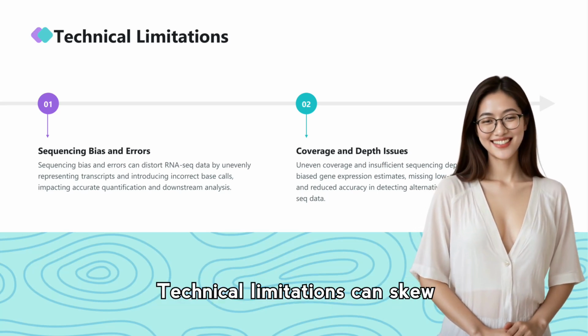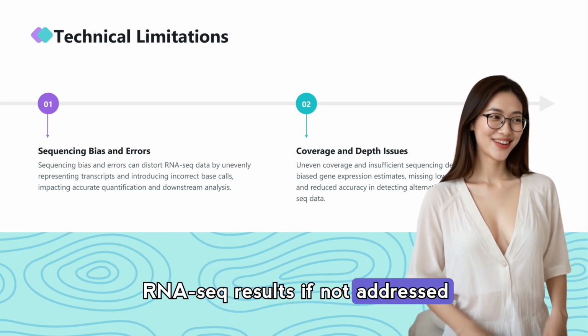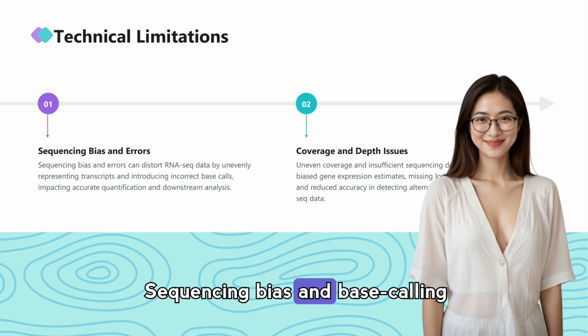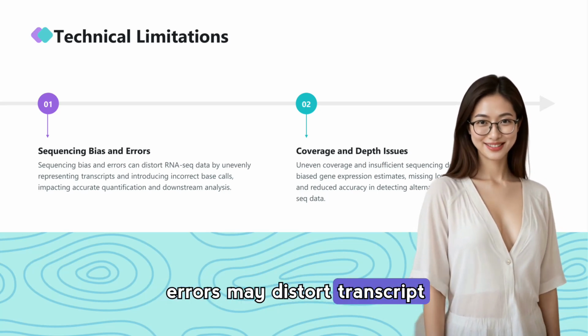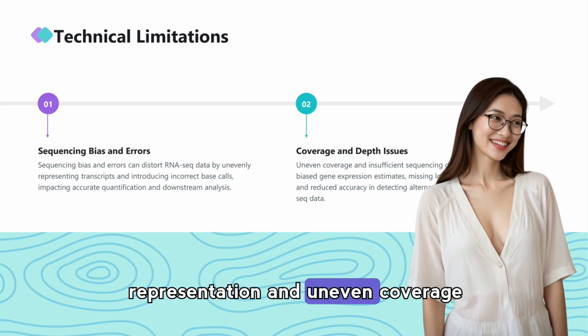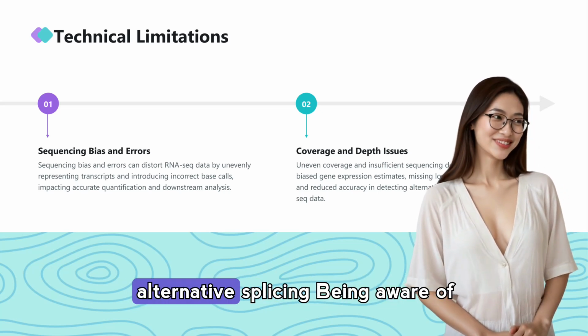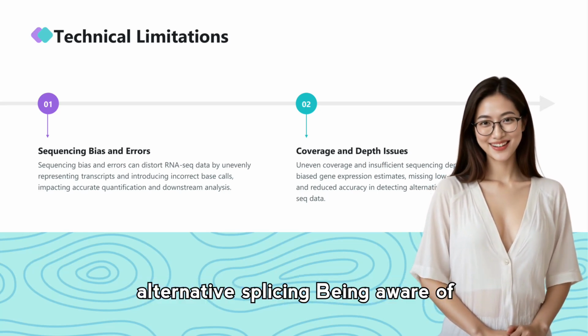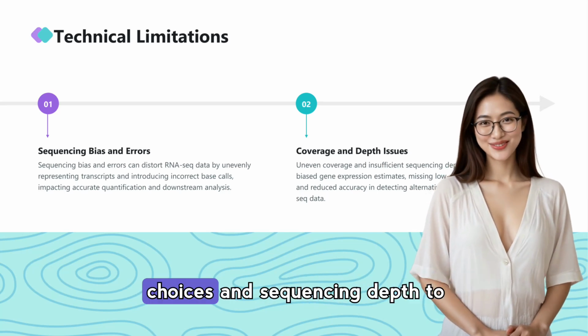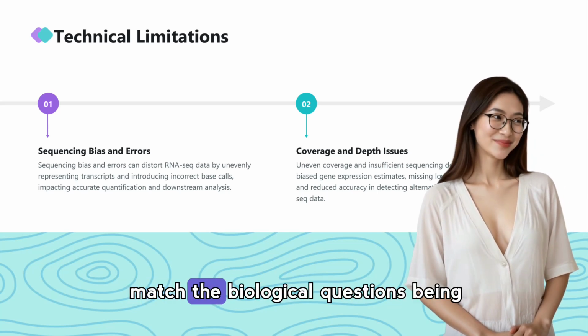Technical limitations can skew RNA-seq results if not addressed. Sequencing bias and base calling errors may distort transcript representation, and uneven coverage or low sequencing depth can miss low-abundance transcripts or alternative splicing. Being aware of these constraints helps guide protocol choices and sequencing depth to match the biological